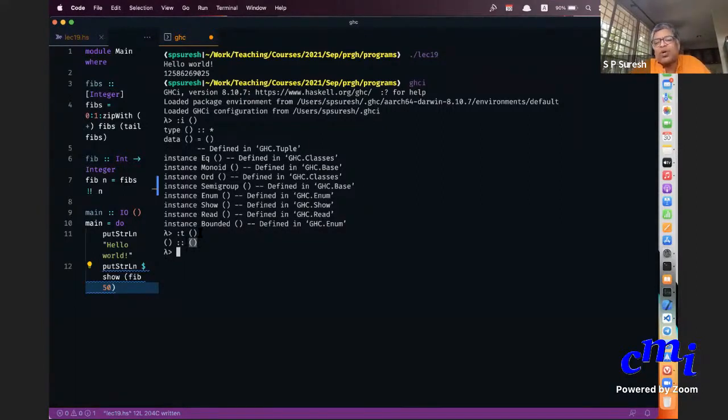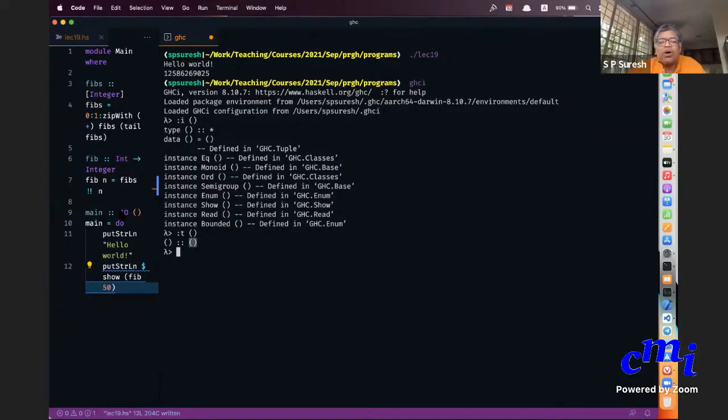Okay, it is called unit in Haskell. Sometimes it's also called null, I think, or some such, but we'll call it unit. That is the correct name for it. It is called unit and its type is also called unit. And really speaking, this doesn't convey any information. It is just a placeholder, really.